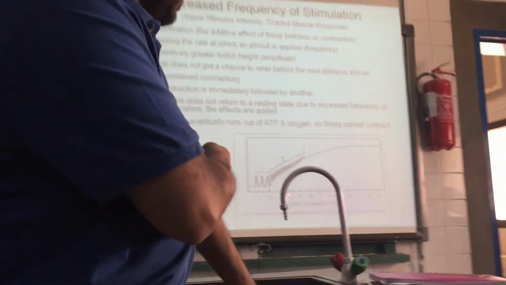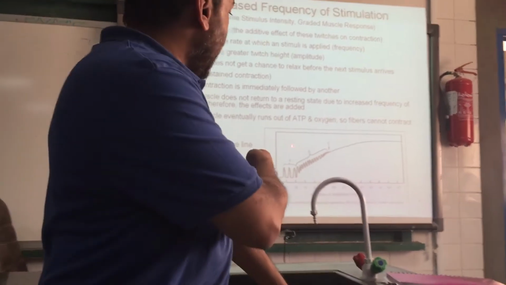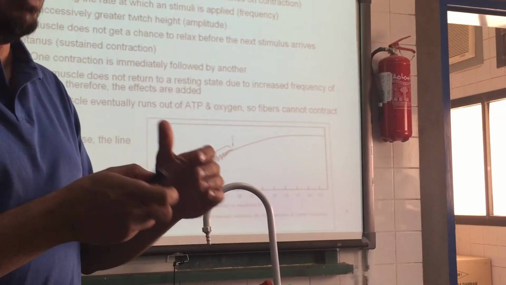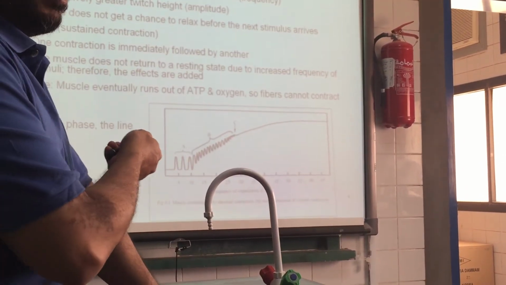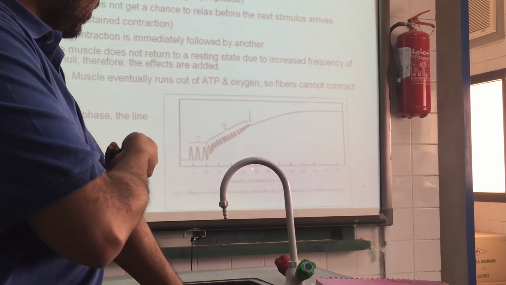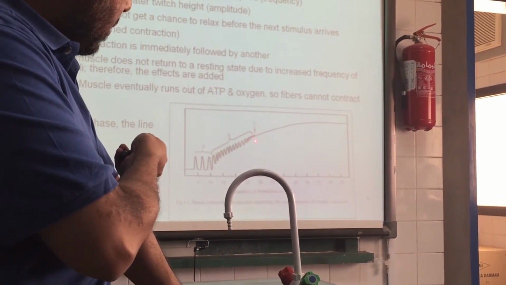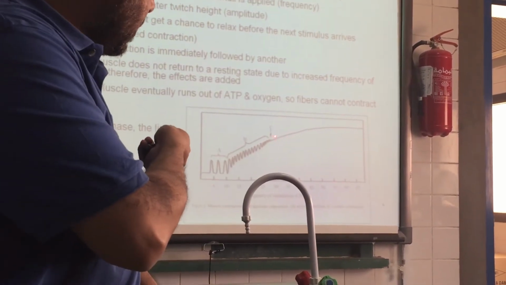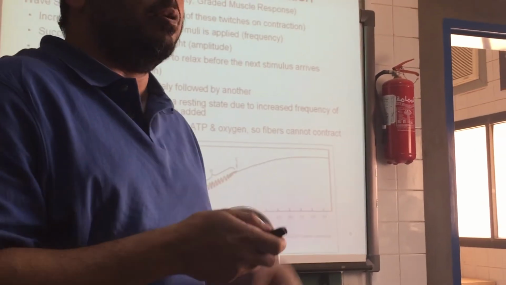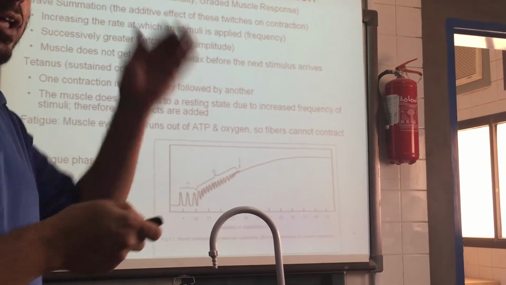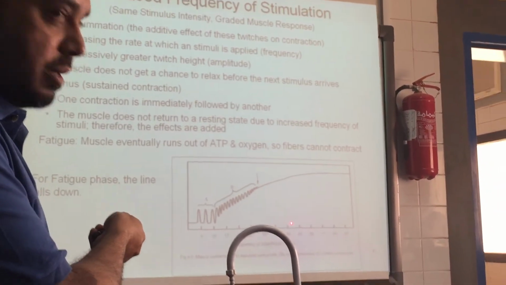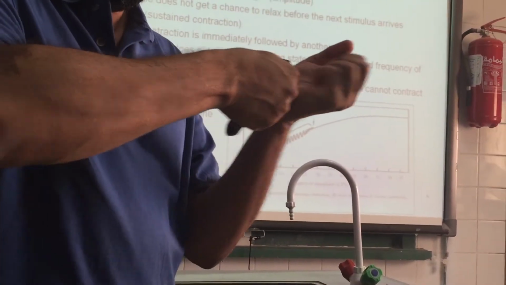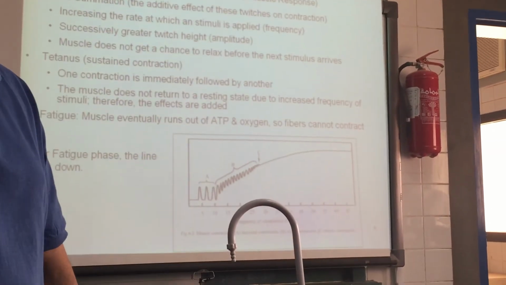When you increase it from 15 to 20, okay, the height changes. The height is increasing. The muscle is remaining contracted, isn't it? Yes or no? When you keep on increasing the frequency, a time comes when the equipment draws a straight line. What do you mean by a straight line here? The muscle is not paralyzed, it is completely contracted. Paralyzed means it should come down here, it should release the lever, isn't it? In fact, the muscle is contracted. If it is contracted, it is keeping the lever completely up.